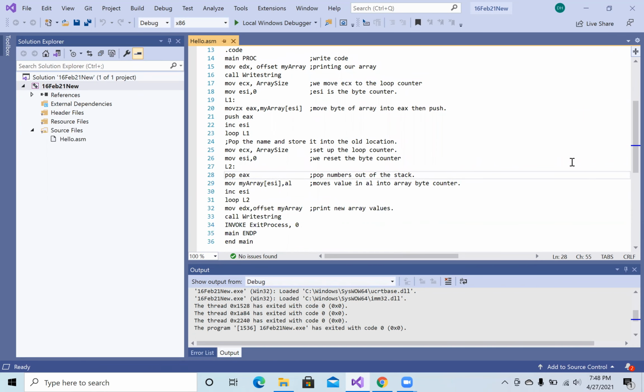So we move EAX into myArray[ESI], which means we move the byte of the array into EAX and push. So we push EAX, increment ESI, and loop. We move ECX into arraySize, we set up the loop counter, move ESI into 0, and we reset the byte counter. We move on into our second loop, so we pop EAX, pop the numbers out of the